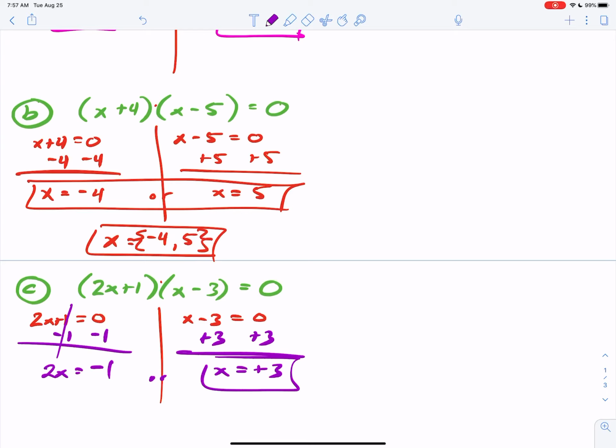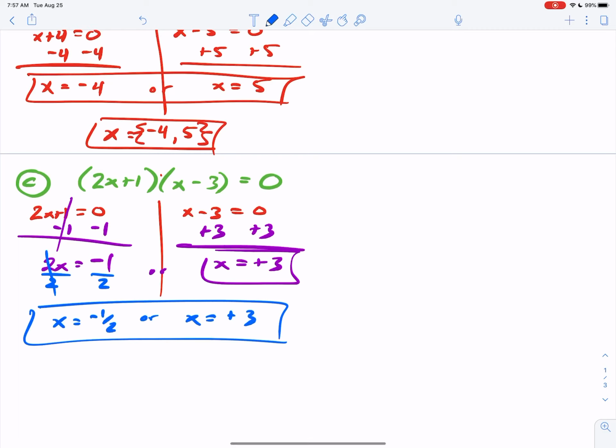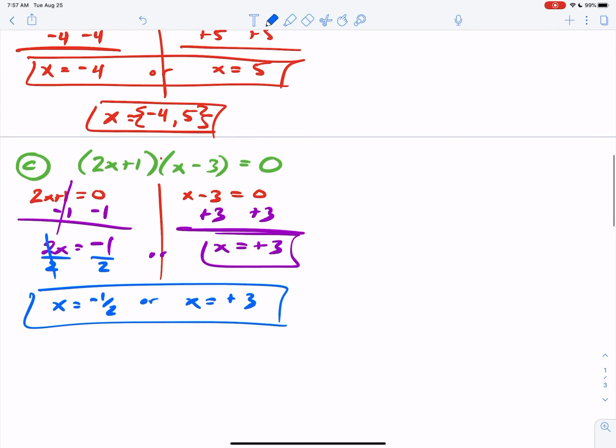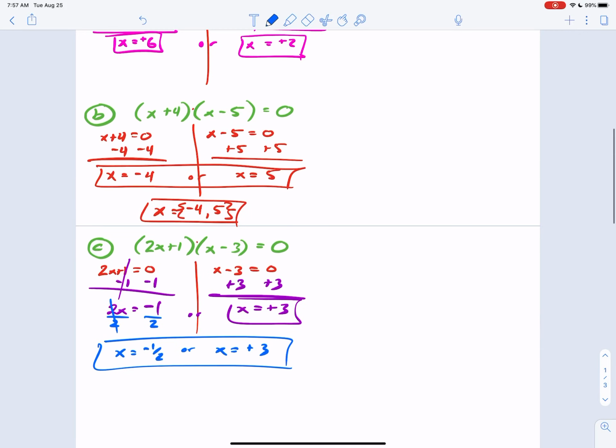And I'm going to go ahead and divide by 2 on both sides. Since 2 is multiplying with x, you always want to perform the inverse operation here. So here, x is equal to negative 1/2, or x is equal to positive 3. Okay, so there you have it. When you have factors equal to 0, you just perform the zero product property. Now, what if,